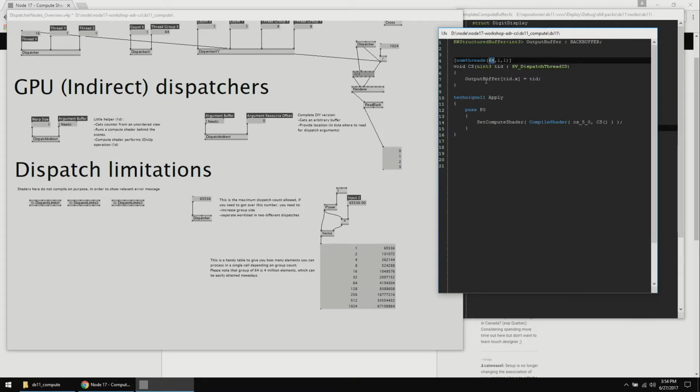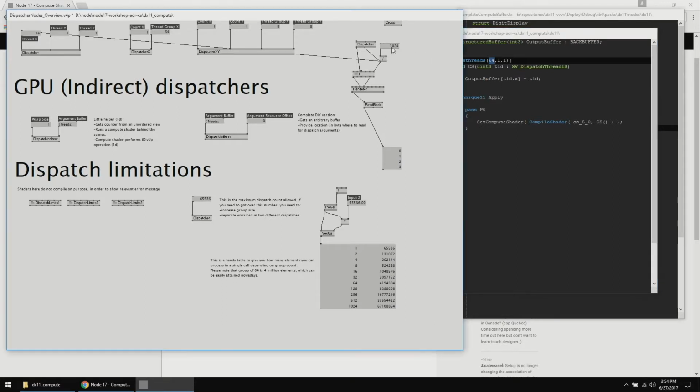One thing which is important, because you think in groups, is the cases where, for example, here I have 1024 elements, and I have a group of 64, and it's perfectly divisible. That means I can run exactly 16 groups, and 16 groups will exactly fit the 1024, but it's not